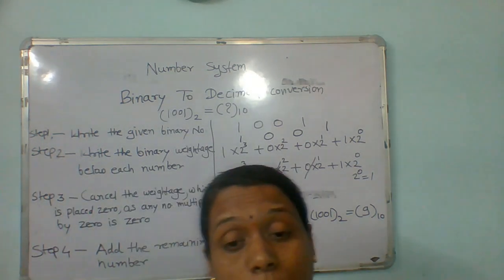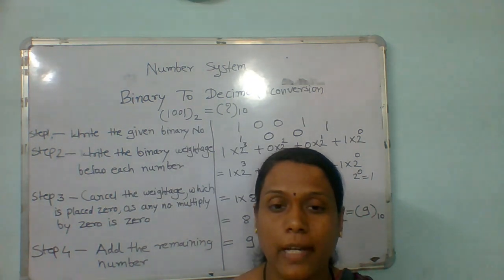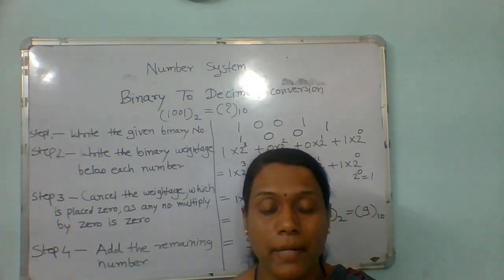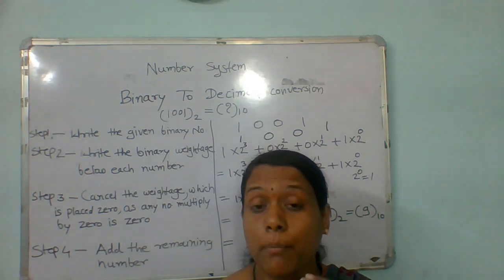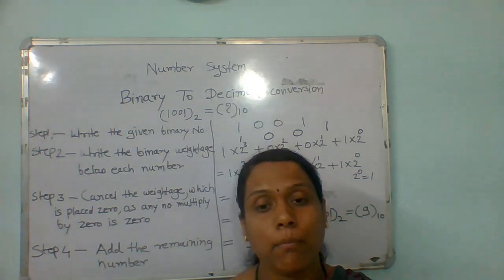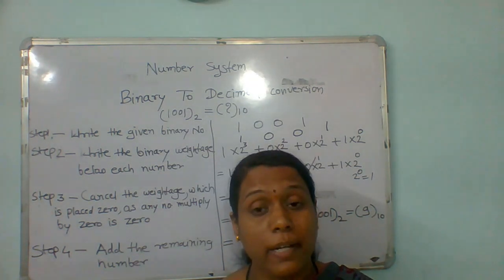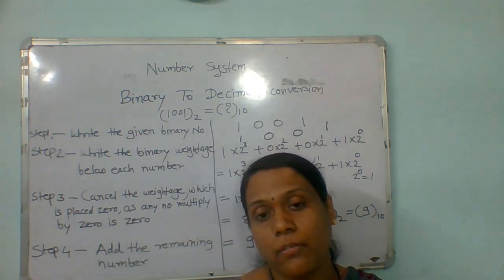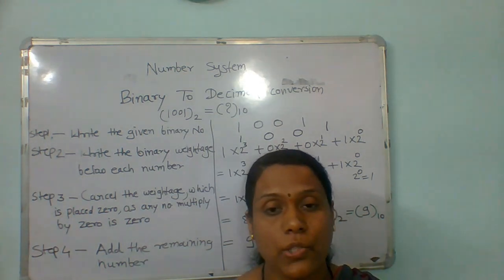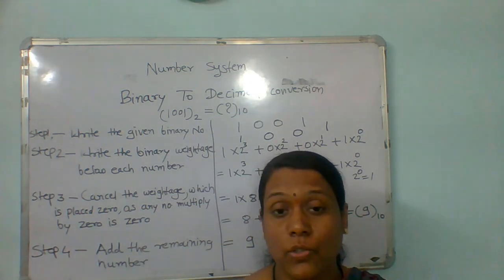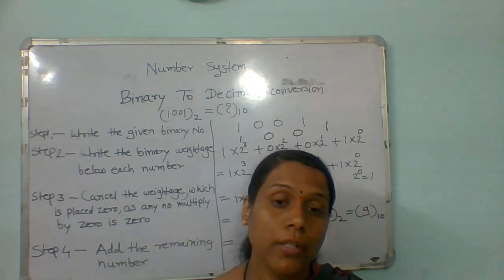Whatever steps are there, you go with those steps and perform the calculation, and you will get the binary to decimal conversion. Separate the digits, multiply each digit by the base, then start giving the power from right to left, starting with 0 and increasing. Then make the calculation and make an addition. Whatever number you get is your conversion of the binary into the decimal number.